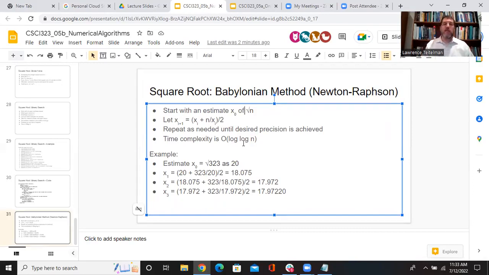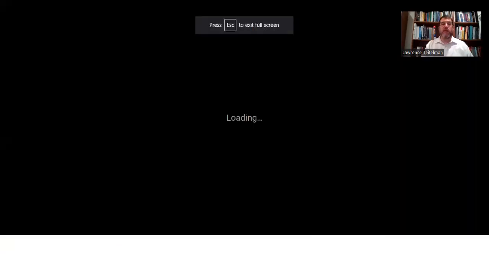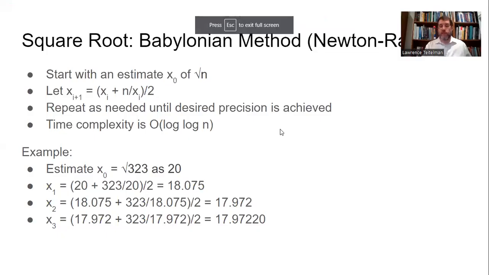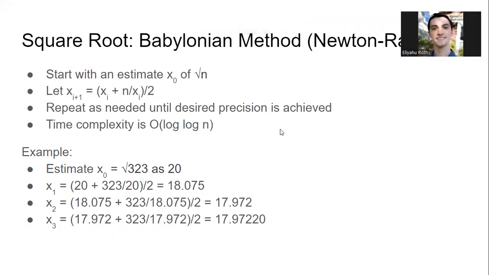So that is log of n, which is really, really nice and fast. So how did you generate the estimate in the beginning? Like, how'd you get 20? How'd I get 20? So again, we're taking a rough number, right? So we're saying, okay, I don't really know what the number in the square root of 323 is, but I know that 400 is,